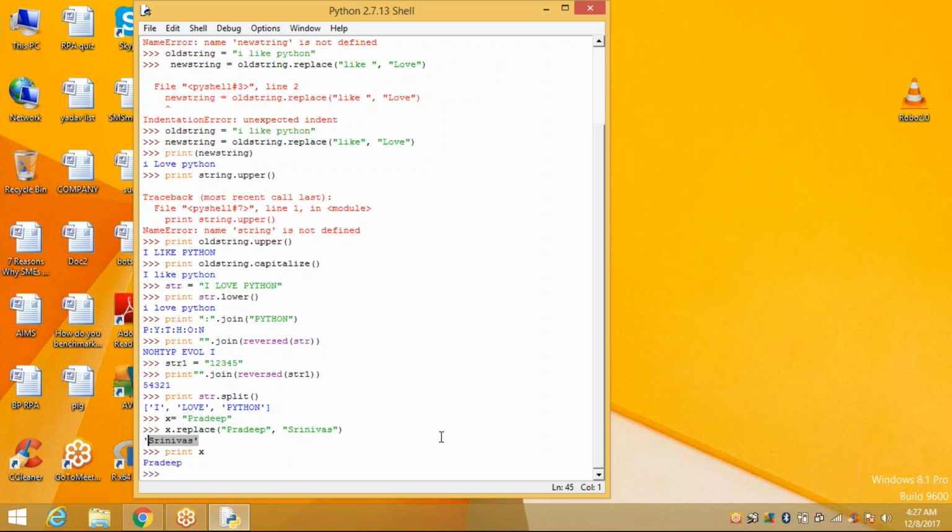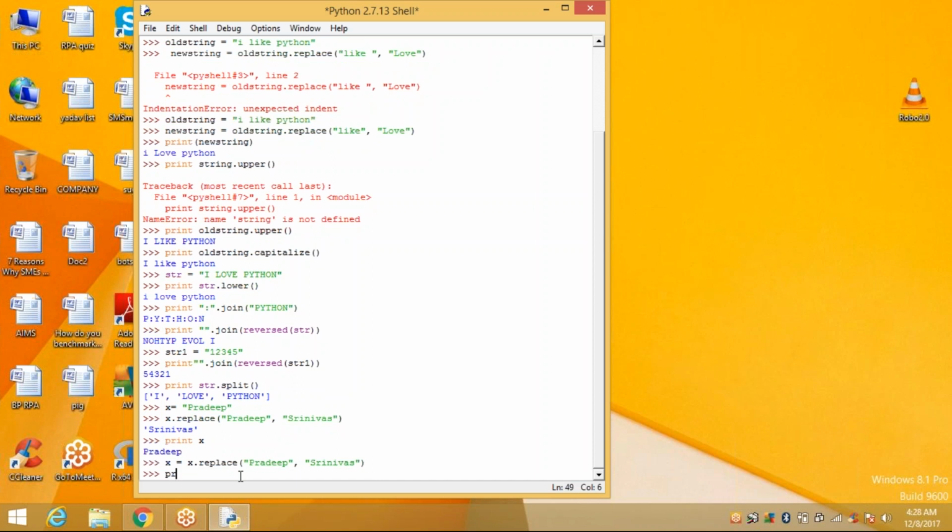X is equal to Pradeep, and here I'm using X is equal to X dot replace, Pradeep, Srinivas. Now I want to display Srinivas instead of Pradeep.